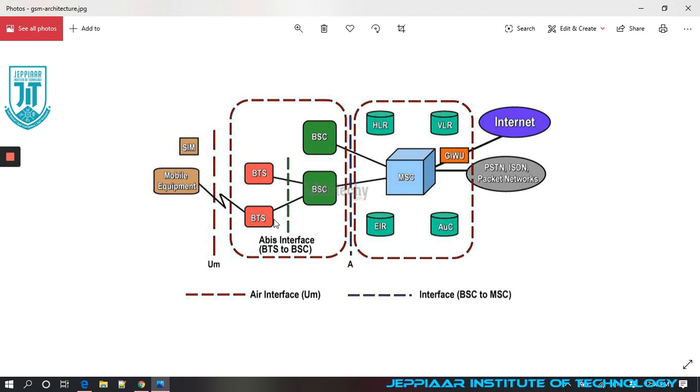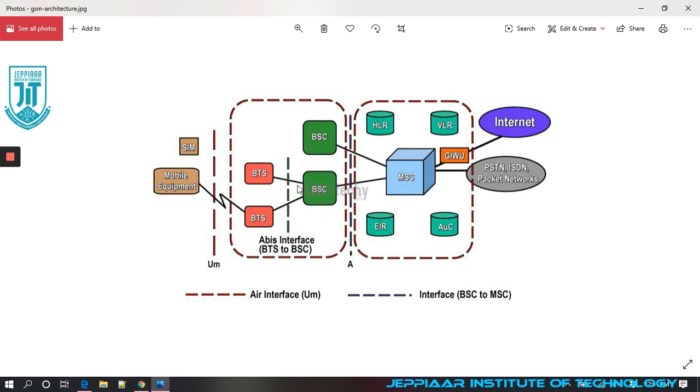One is the BTS, that is the base transceiver station. There can be multiple base transceiver stations in the base station, which collectively are going to be in connection with the base station controller. The one who is going to control all the transceiver stations is the base station controller.